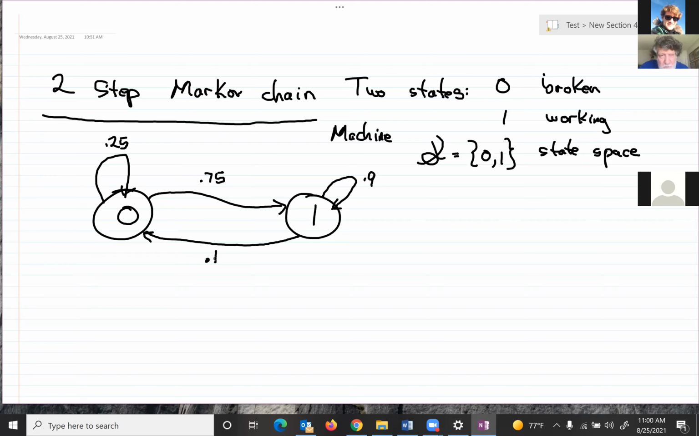Okay, well, first of all, I have my title wrong. Not a 2-step Markov chain. It should have been 2-state Markov chain. Now let me go back and fix that. Because you can see there are only 2 states. All right, now